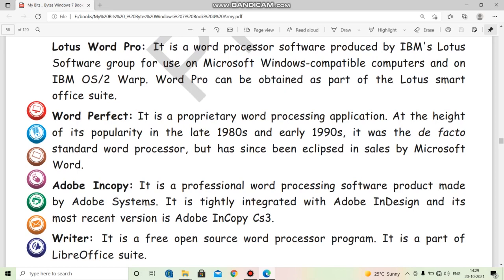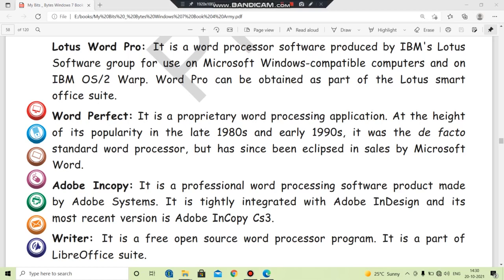So they wanted to create Lotus Word Pro, a word processor compatible with Microsoft Windows computers, and along with that also compatible with IBM OS/2 Warp. So these are basically the two main things they had in mind while creating this word processor, which is known as Lotus Word Pro. Word Pro can be obtained as part of the Lotus SmartSuite office suite. So this Word Pro is a part of the Lotus SmartSuite.